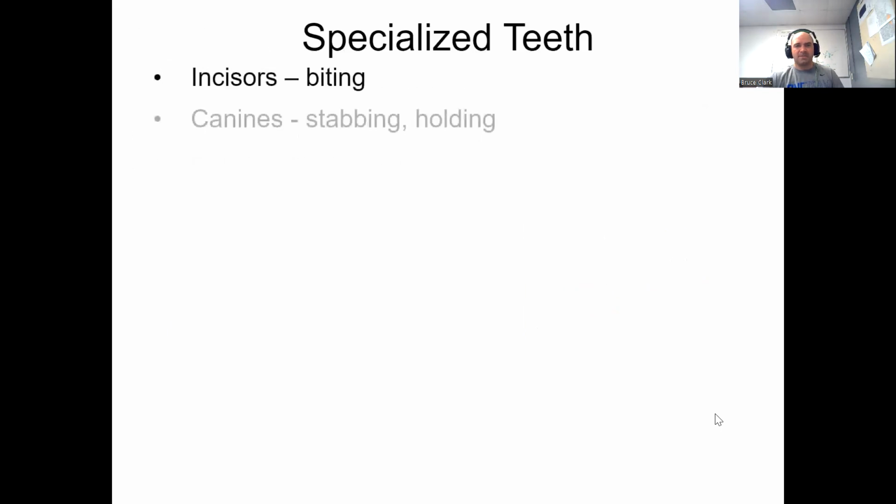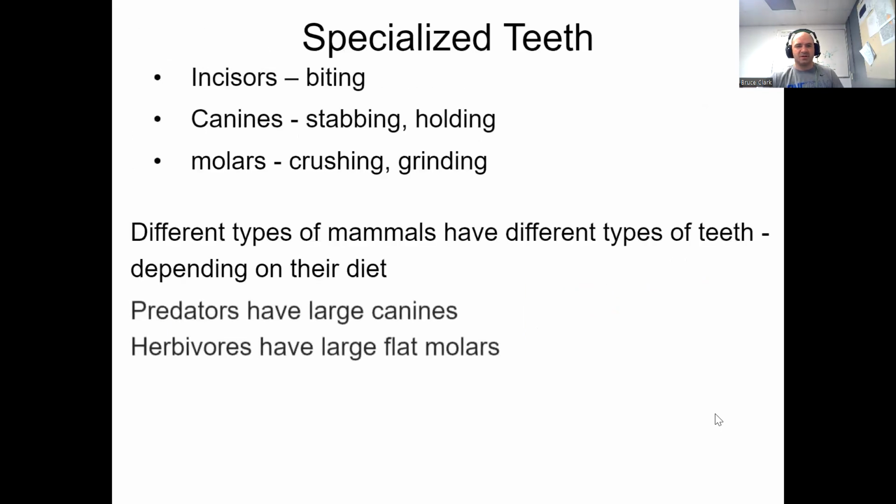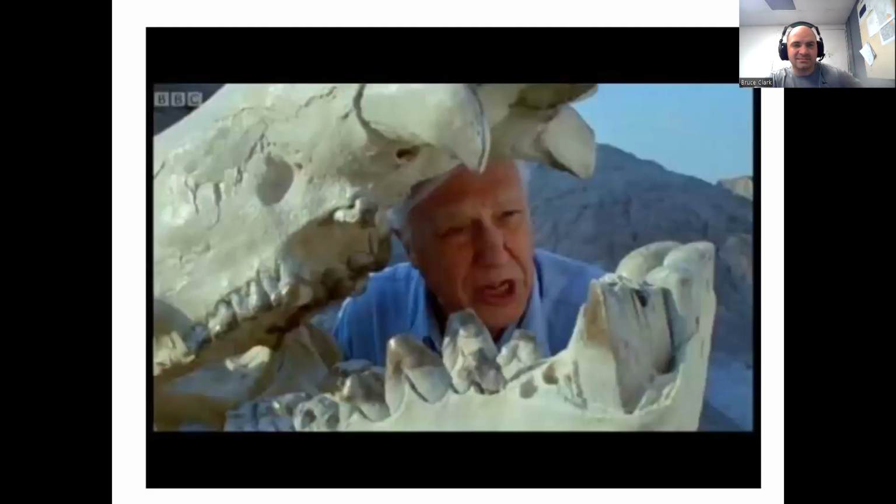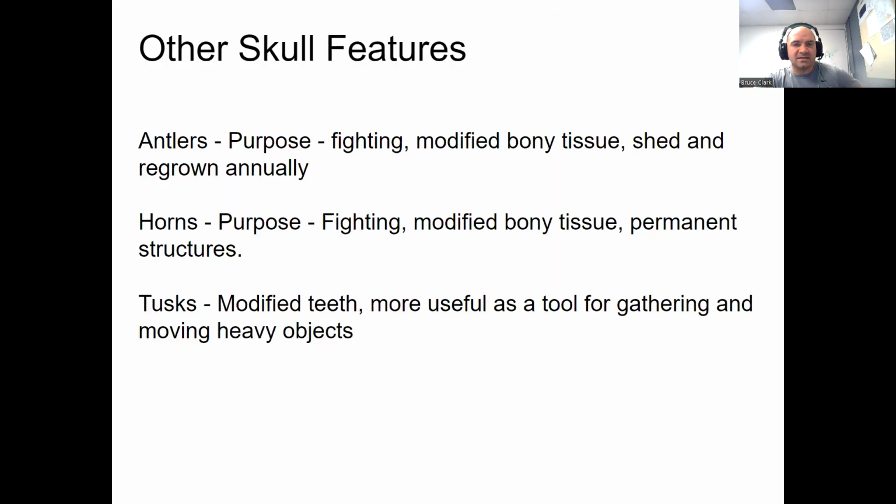All right. Teeth. Let's talk about teeth since we're in here. Do I want to talk about teeth right now? I don't know if I want to talk about teeth. Let's talk about this instead. Okay, let's talk about other skull features. That's what our assignment's about today. So, yes, we have modified teeth that we're going to talk about a different day, but other skull features that mammals have.